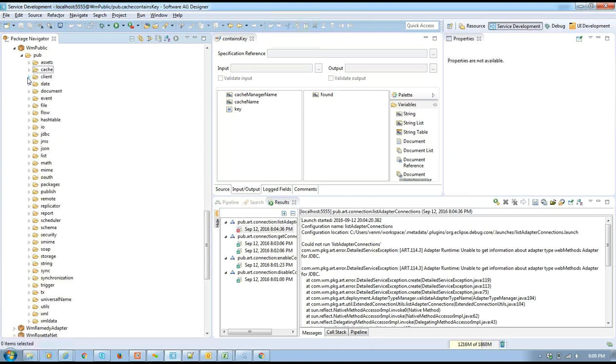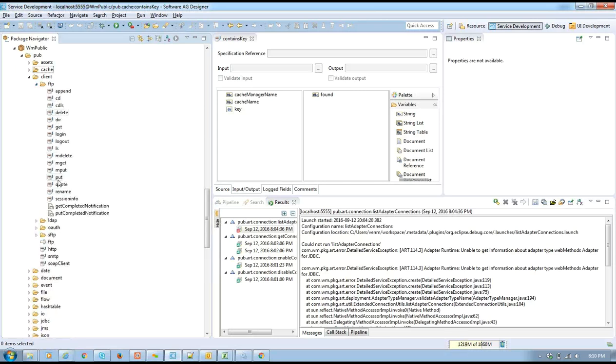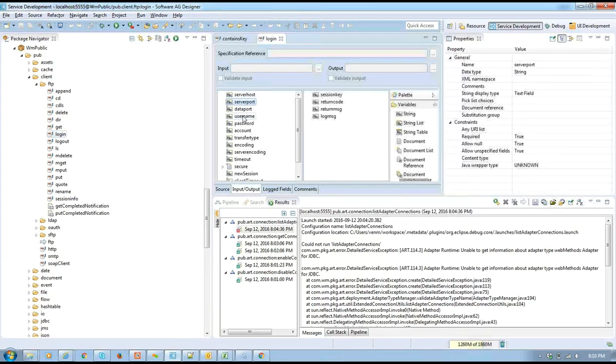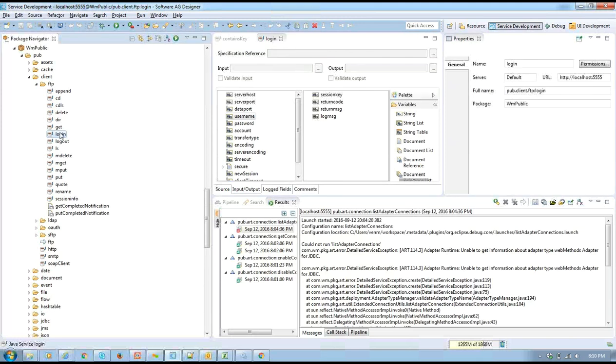Client is important. Most of the time, if you are working with flat files, or you want to access a file within your integration server or in our local office, it will be in the form of an FTP connection. So if you want to do any FTP related functions, you can see here. If you want to log into your FTP server, you have the login service, which takes the server host, server port, and username and password for your FTP server, and then you will log into your FTP server